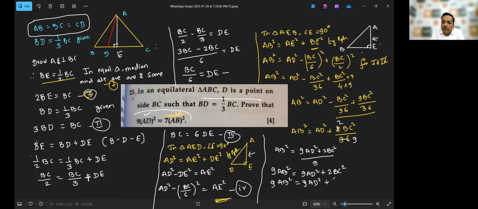In the place of BC we can write AB also, just write BC is equal to AB. नाउ ये 2AB यहाँ पे प्लस है, दूसरे साइड जाएगा, 9AB स्क्वायर माइनस 2AB स्क्वायर इज इक्वल टू 9AD स्क्वायर। ठीक, एंड देन 9 में से 2 गया, बचा 7, सो वी कैन राइट 7AB स्क्वायर इज इक्वल टू 9AD स्क्वायर। प्रूव हो चुका है, प्रूव। ओके, गॉट इट।